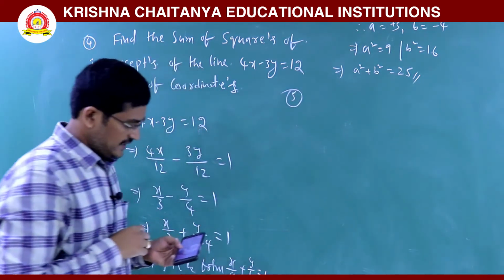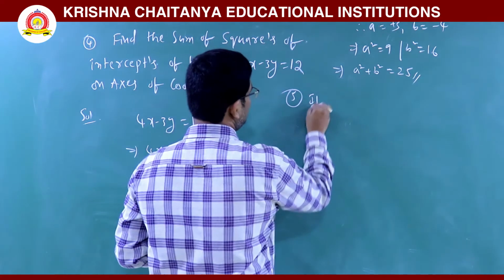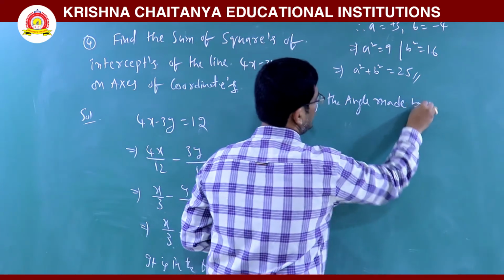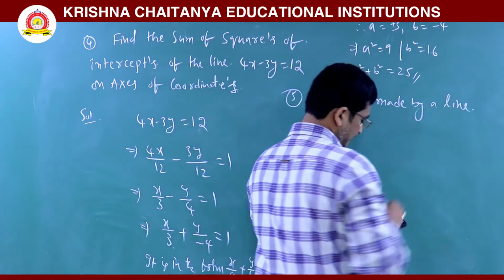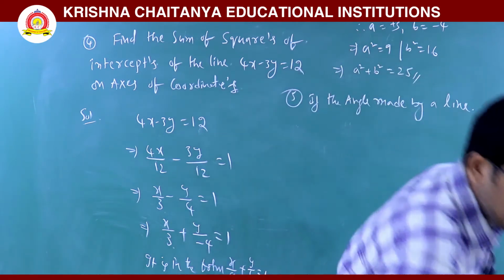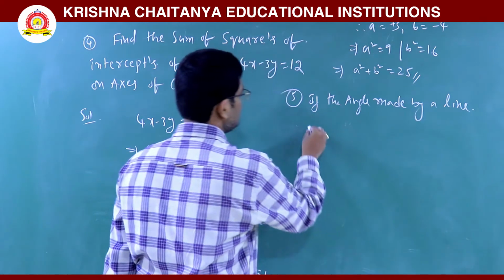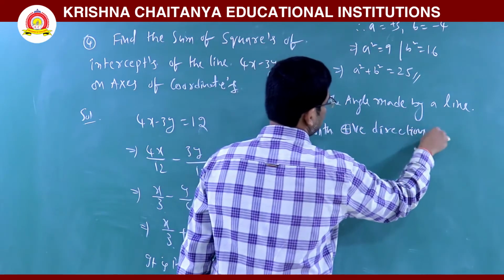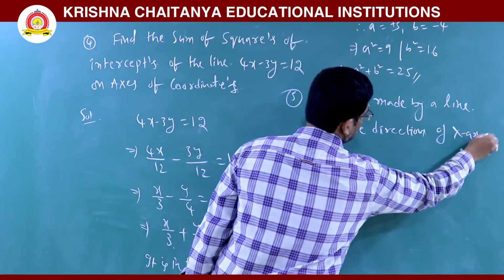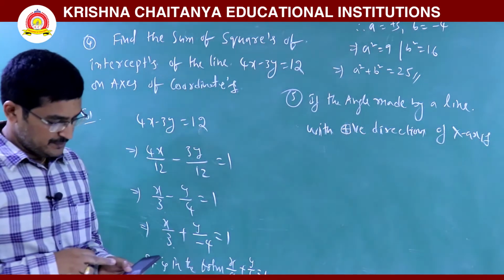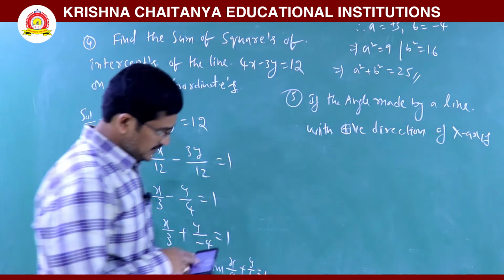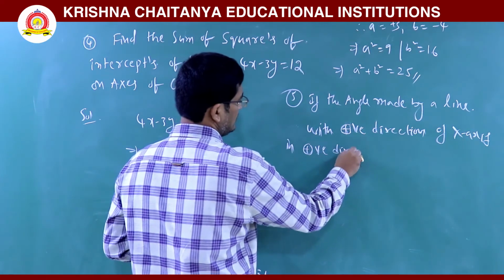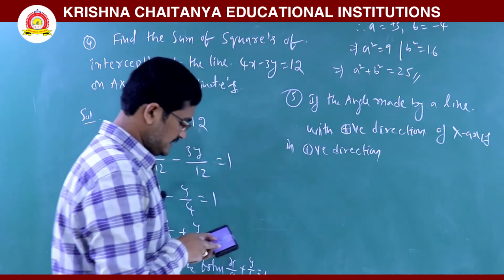What is the question there? If the angle made by a line with the positive direction of x-axis, in the positive direction, that means in anti-clockwise direction, is 45 degrees,